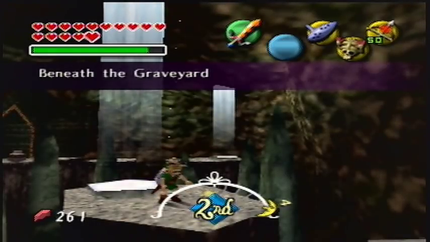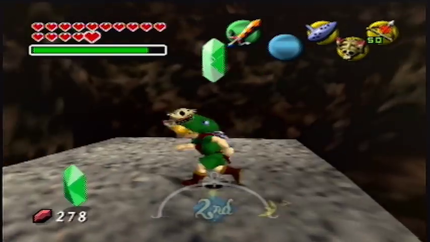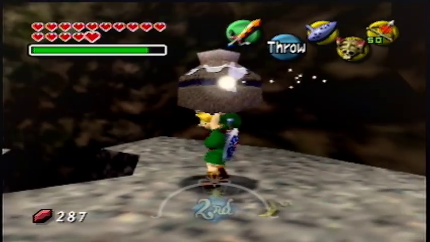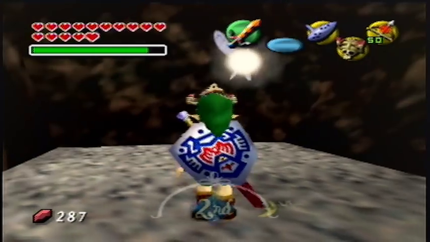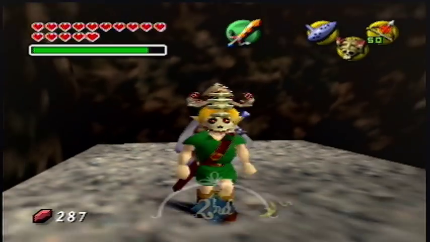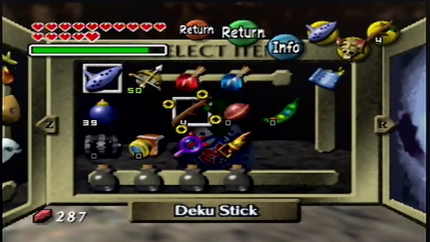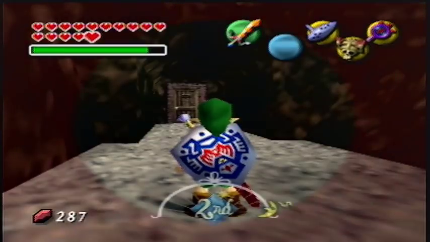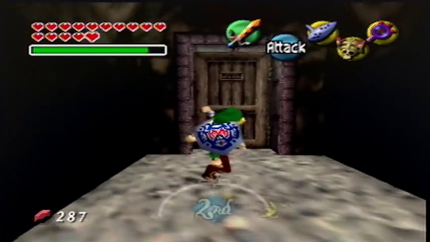So, day 2's grave. Come down here, and we have a couple of rupees we can grab. And I don't know who took the time to set a pot down here, but you wasted your time, sorry. And we have a blank empty wall. Well, that's no fun. Nope. If you don't see anything, that usually means there is something. Yeah, the stick's gonna do it. Nope, lens of truth. Yep, invisible wall. And we have a door to access, so...